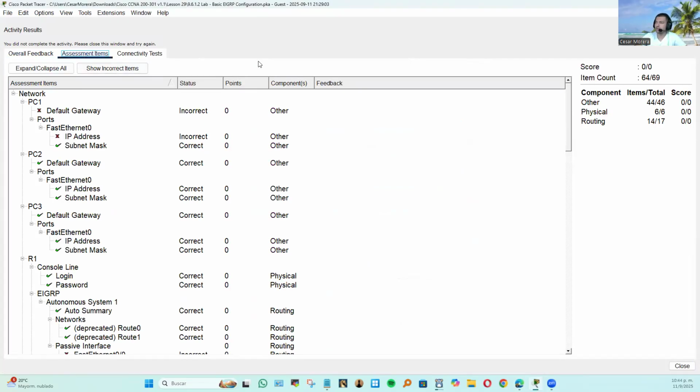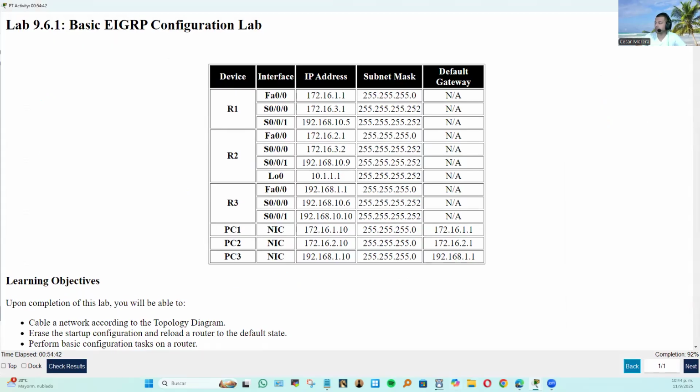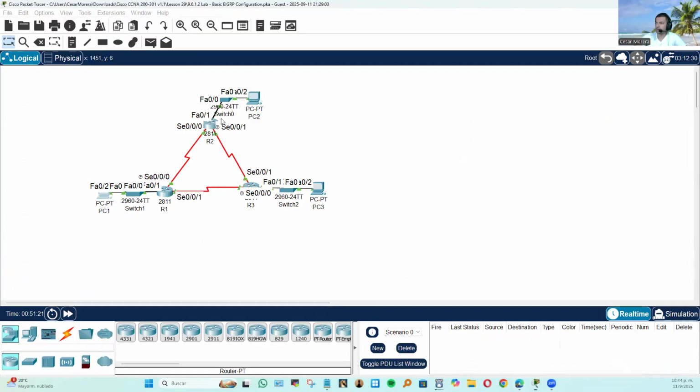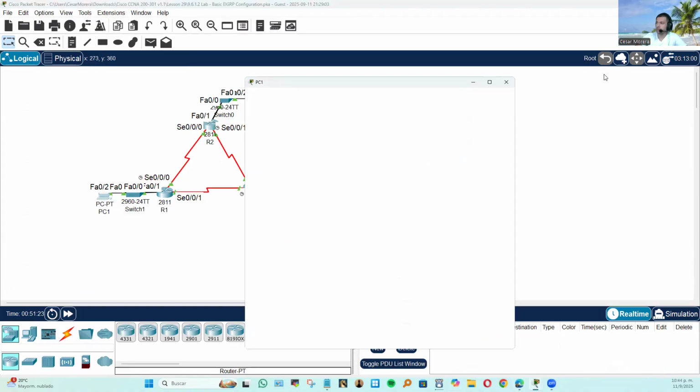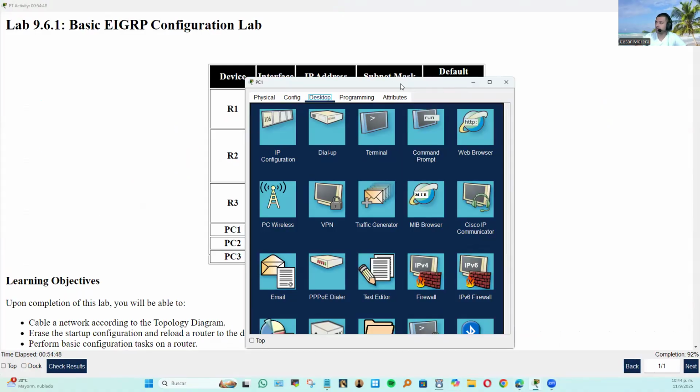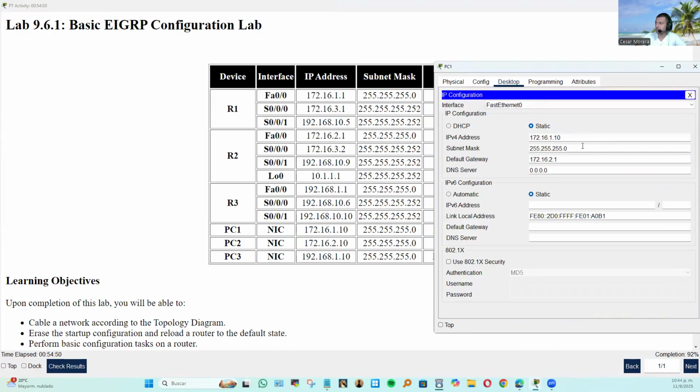Okay, we got everything incorrect now. The default gateway is incorrect and everything is incorrect. So it is actually lower. Are we doing something wrong here, guys? Let's see. It's so strange because it seems easy, but